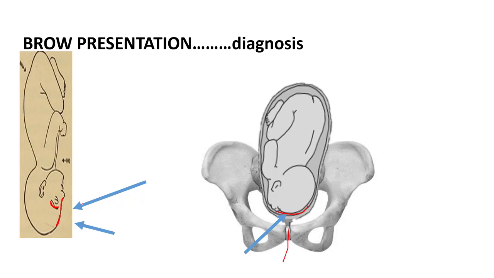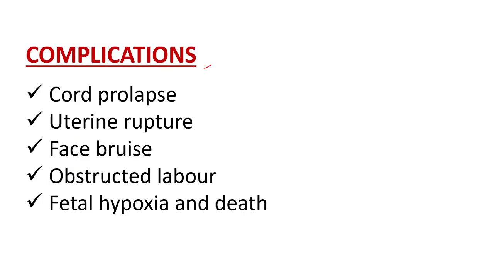Normally, when you do per vaginal examination, you should feel the vertex of the fetal head. But in brow presentation, you will feel the frontal bone. And here again we can see that the mentovertical diameter is the presenting diameter. That is about 13 centimeters, and this is the largest diameter. This mentovertical diameter of 13 centimeters is too large to permit engagement of the head. So in brow presentation, engagement cannot occur. When the head does not engage, labor will not occur, because the first step of labor is the engagement of the head.